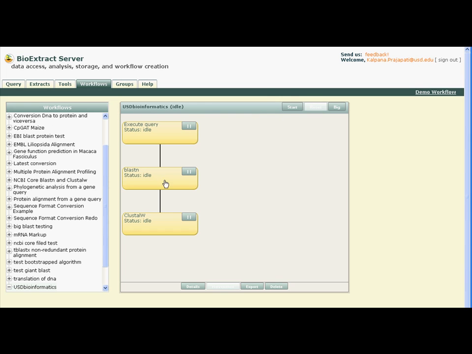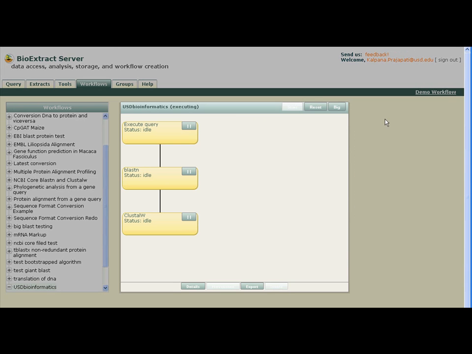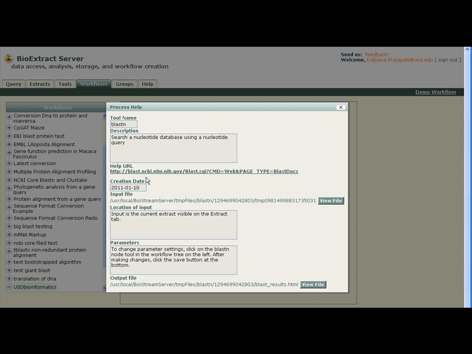So you can execute the workflow. Hit start. The color combination shows you the status of the execution of the workflow. The green signifies that the tool has been executed or the node has been executed. The blue states that it is in the execution process, and the yellow signifies that it is in the idle process. So when the execution of each node is completed, you can click on the node to view the information